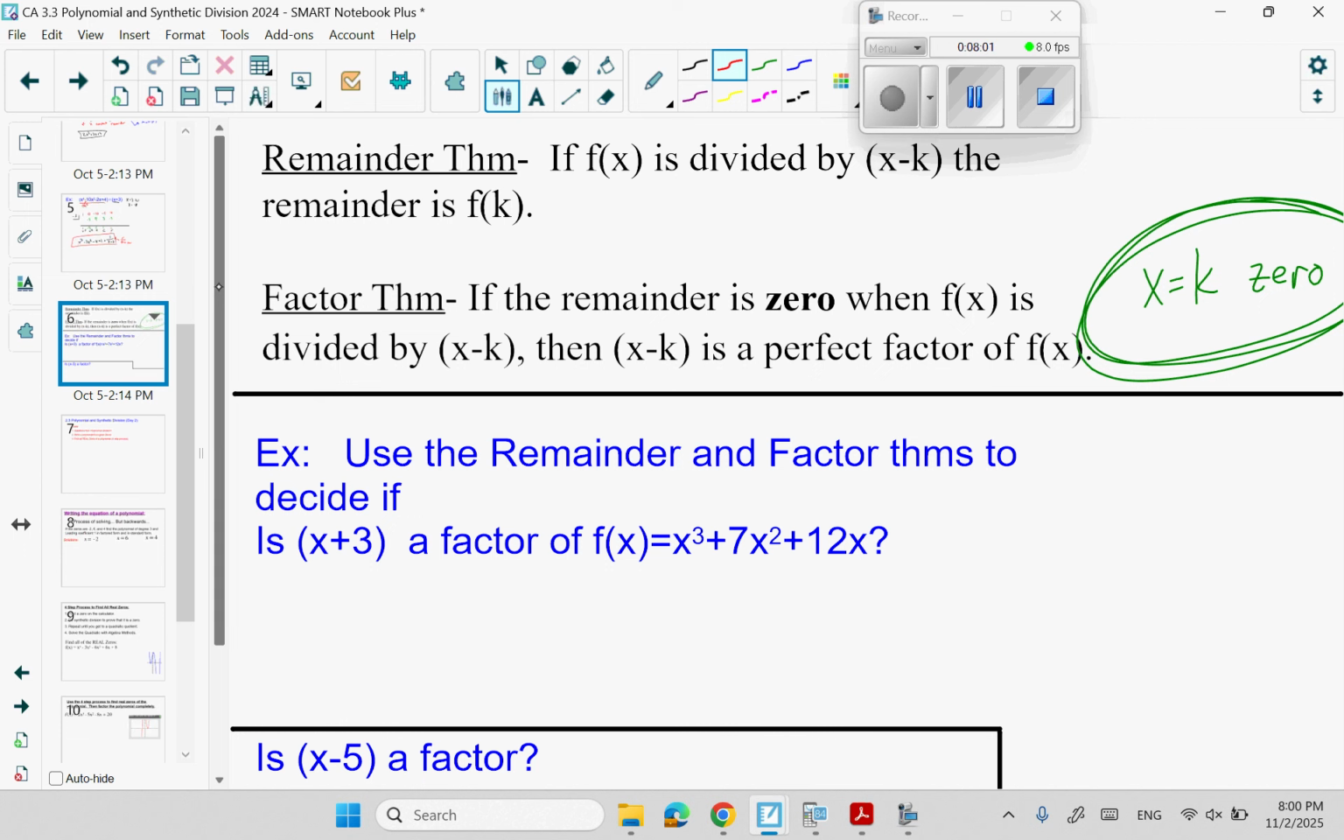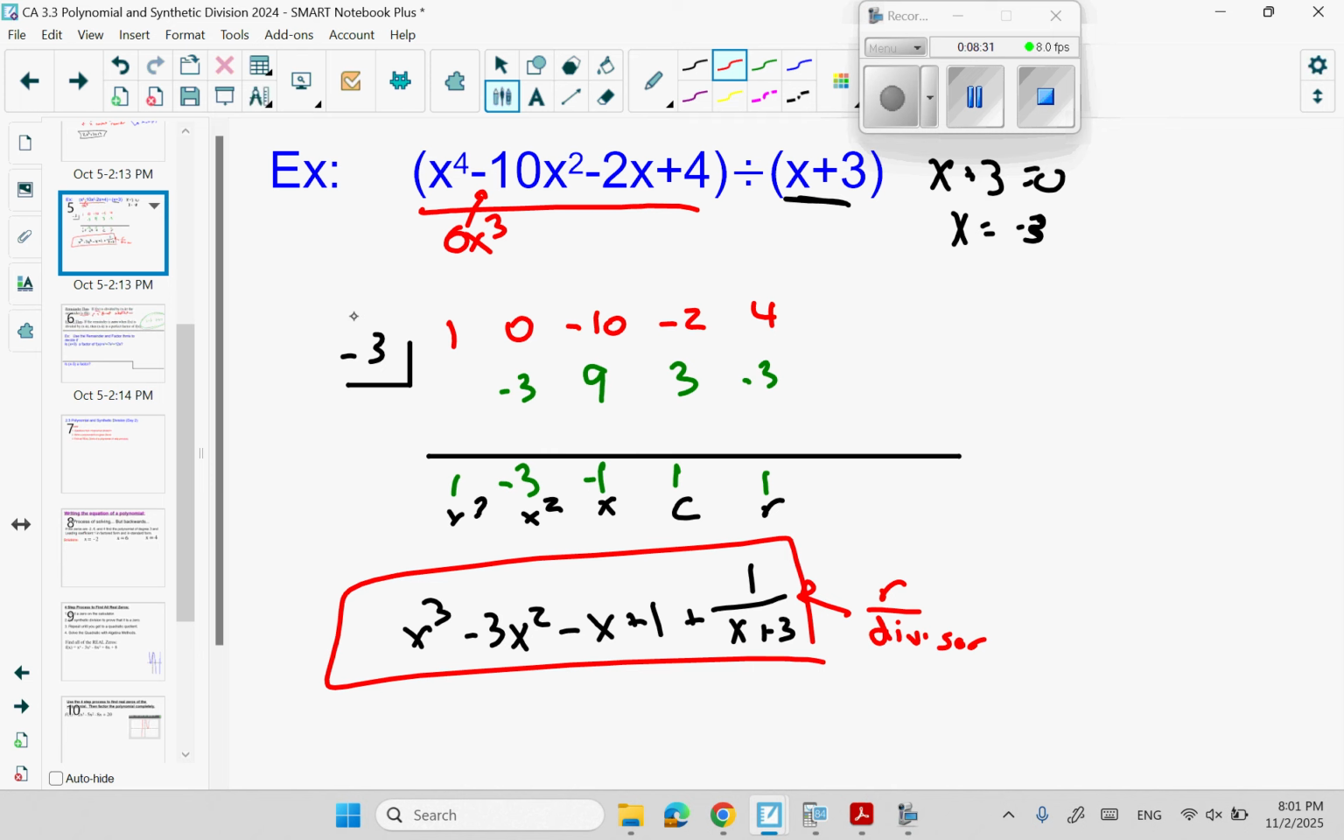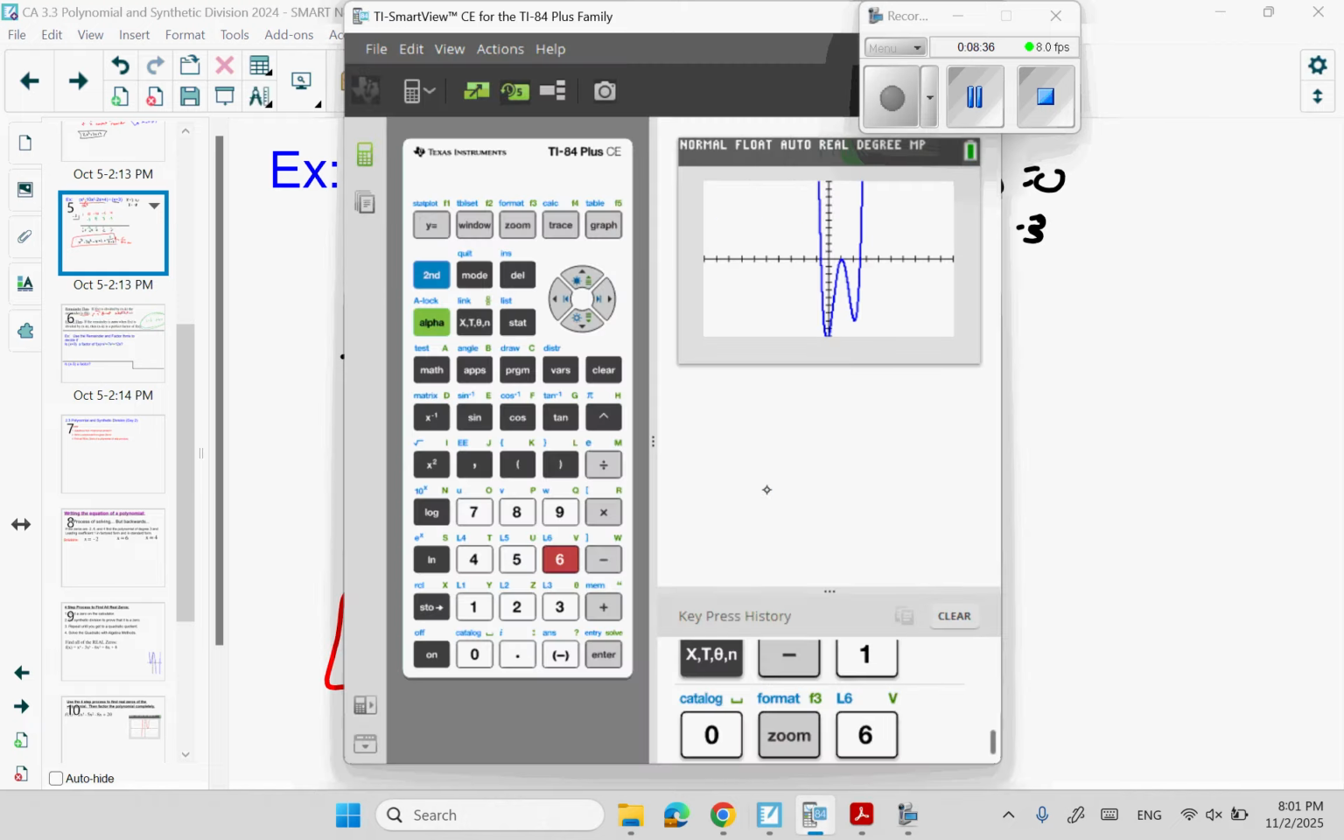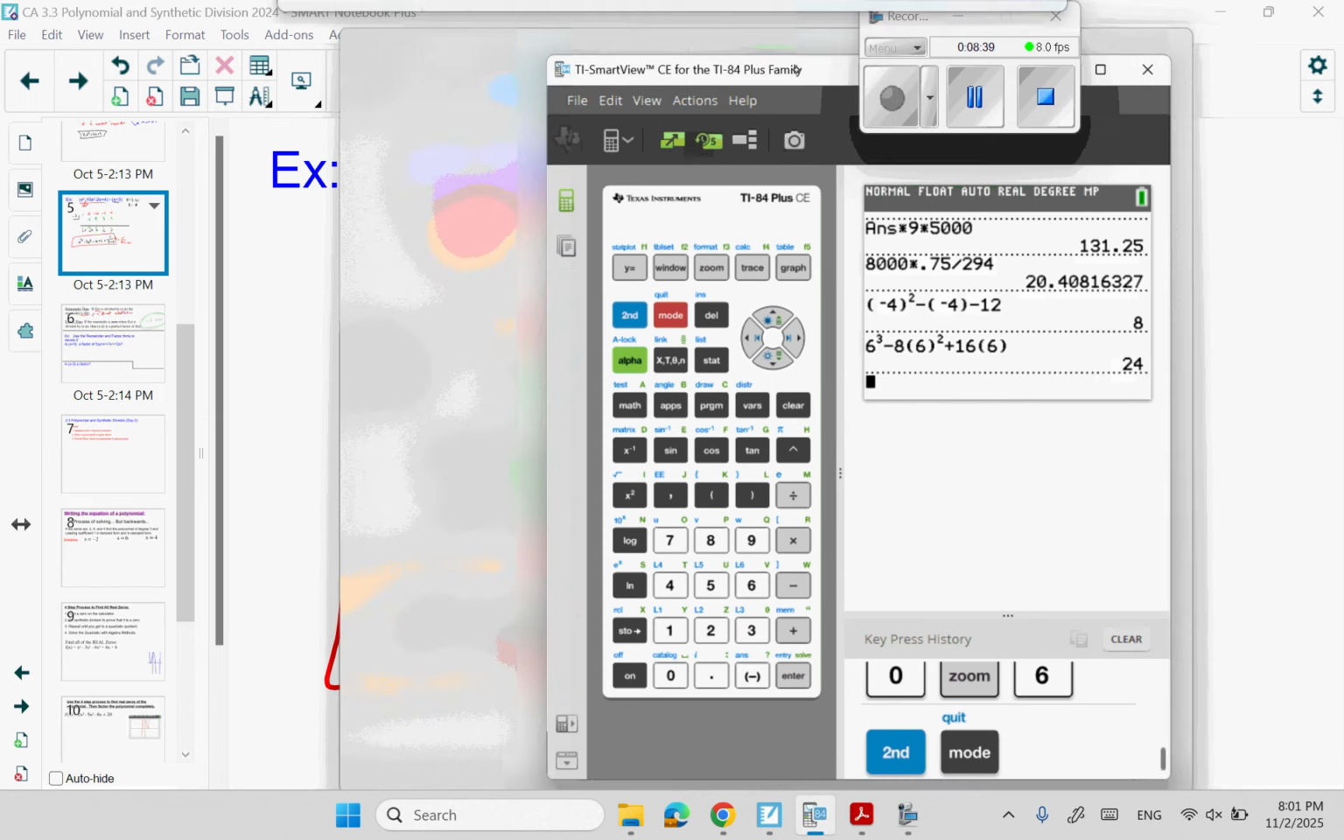Okay. The remainder theorem says that if f of x is divided by x minus k, the remainder is f of k. What this means is your remainder technically would always equal your direct substitution. So if I go back a slide, and if I were to plug in negative 3 into this polynomial, I should end up with exactly 1. So let's try it. We have